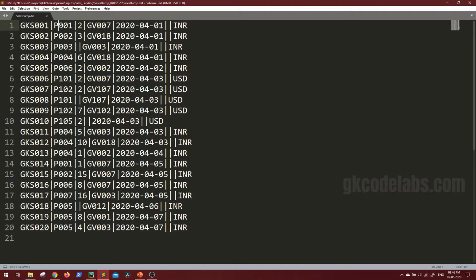So product P001, 2 quantity of this was sold as part of this sales ID. Now what we have to do, we have to take the data provided by business, that is a price for that particular day being provided by the business. That P001 is this much amount, and if 2 quantities of this were sold, we have to make the calculation and calculate the final sales amount. Let's say this is one of the scenario. Let's see how to do that.